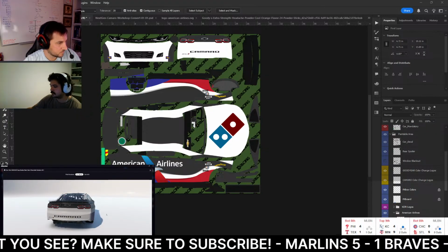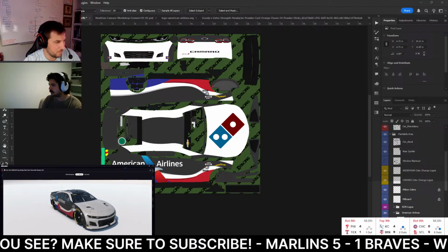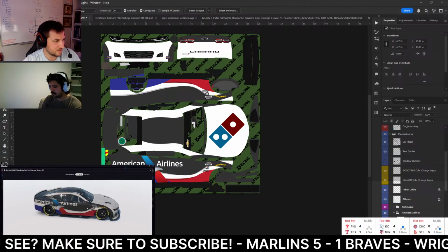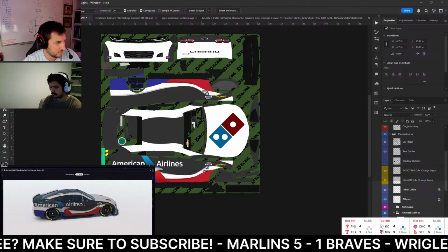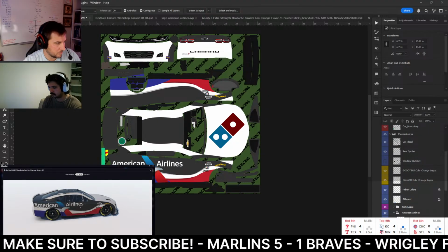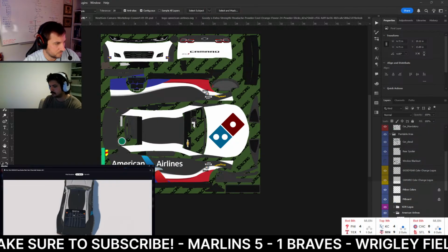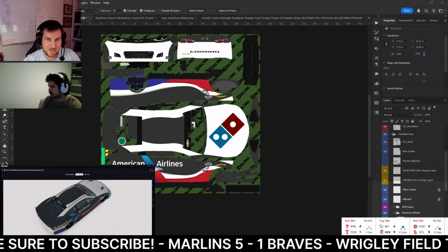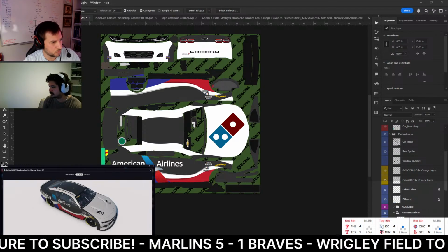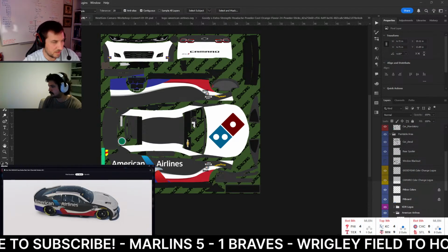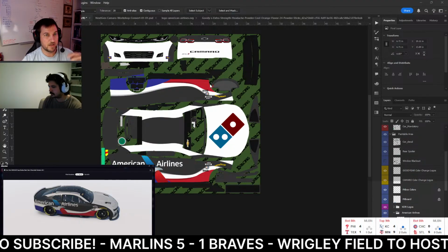And then I think we'll have maybe one more session after that where we'll talk about spec mapping and how to make this into like maybe a chrome here and a metallic here. And then also adding patterns to your car as well, and how to edit those patterns that you put in so it's not just one straight pattern. But yeah,